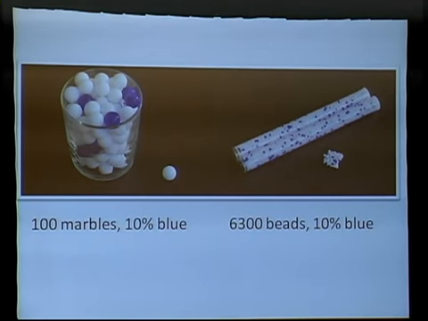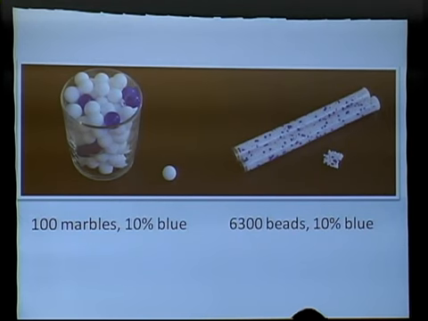Let's say that the marbles are precincts and the blue ones are places where fraud happened. The beads are votes and the blue ones are votes that were forged. Now you can see the single marble and the pile of beads are each a 1% sample. So if we take 1% of the beads, because there's so many more of them, we have a much higher chance of finding some evidence of fraud in that sample than we do taking 1% of the marbles. Another way to look at it is you have to take out fewer beads before you have the same odds of finding evidence of fraud.